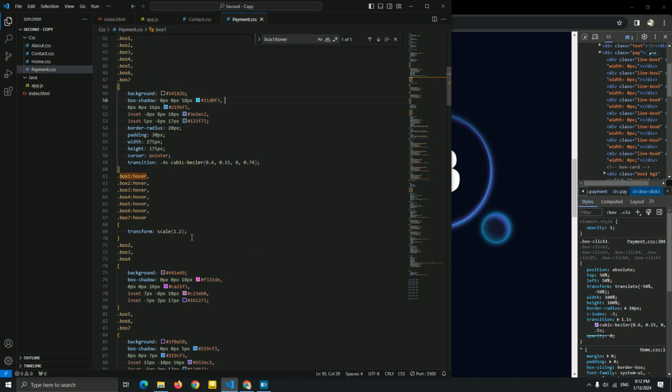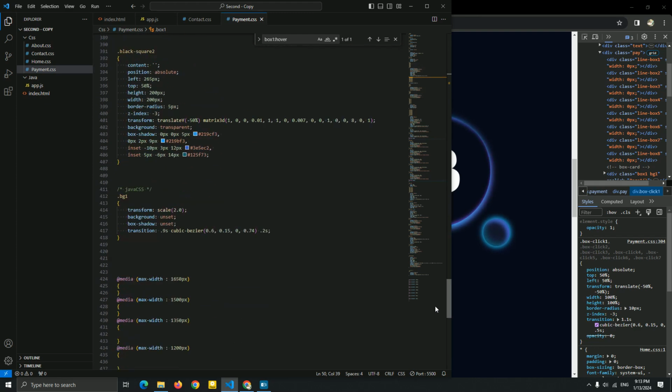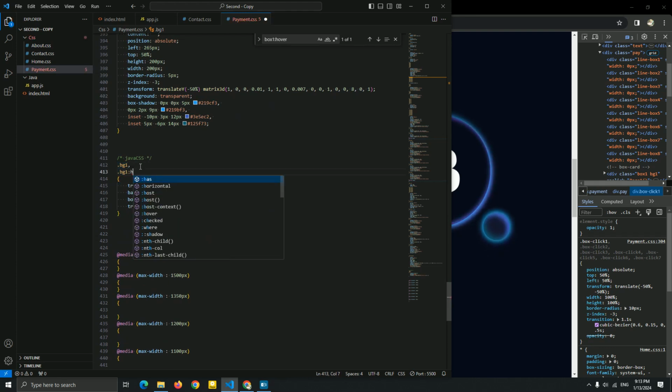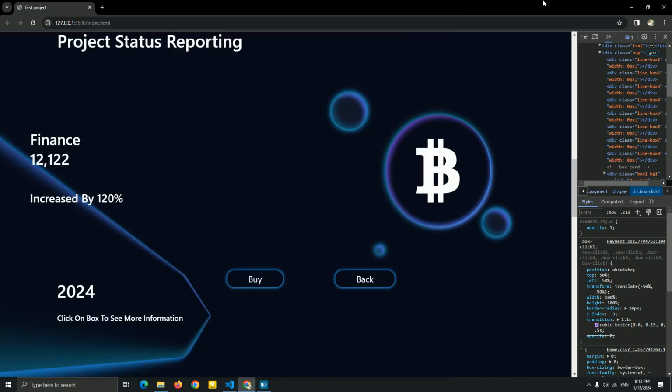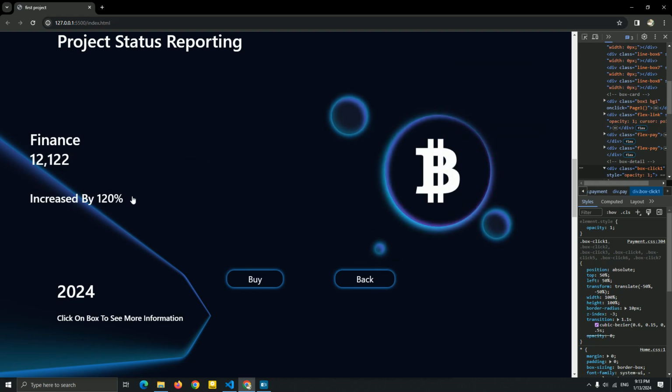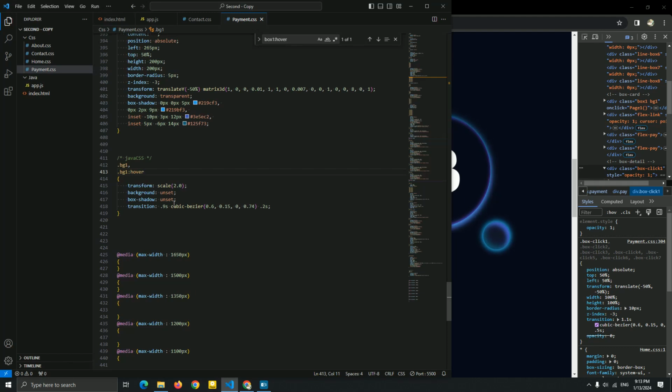You can see I added this scale. So this is why this problem happened. And to fix this problem is very simple. First, let me just copy this, paste it, add hover to fix this problem, guys. Now, if you see this, guys, you can see we fixed this problem of the hover. And now let me just add a translate X to just fix this position. Okay, I'm gonna add a translate X.